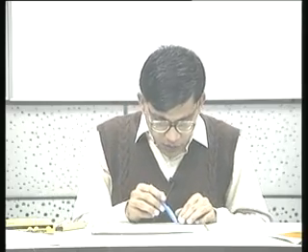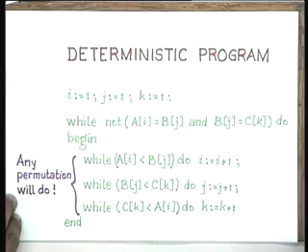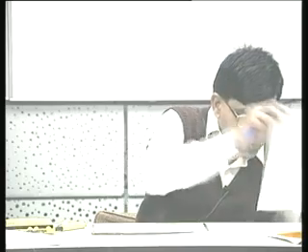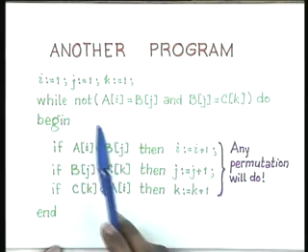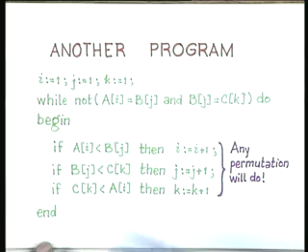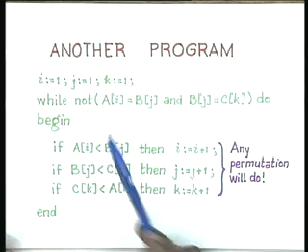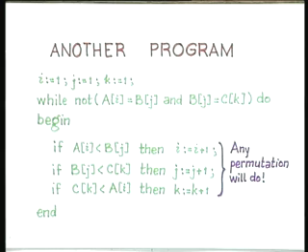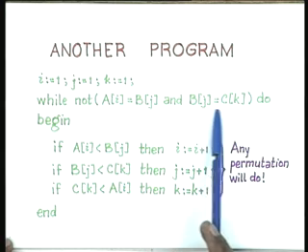So, any permutation of this would do, and of course, one problem is that there are too many while loops in this program. So, maybe what we should do is look at another program, right. So, is this clear? If you look at another program, then what I could do is transform all those while loops into just if then statements, right. And after all, there is this condition that guards the entry into the loop, and so I cannot enter the loop if I have indeed found an i, j and k such that ai is equal to bj is equal to ck.